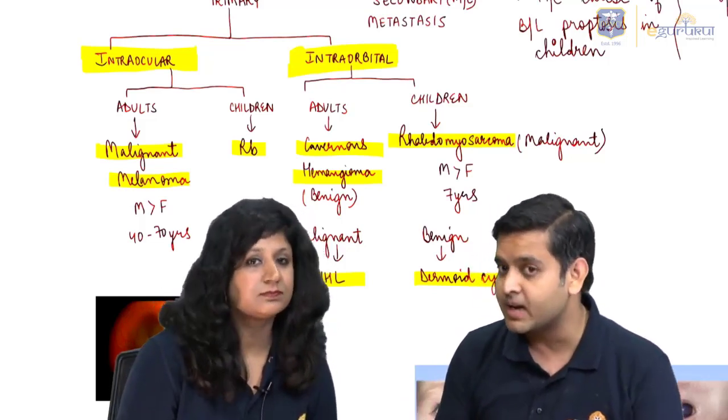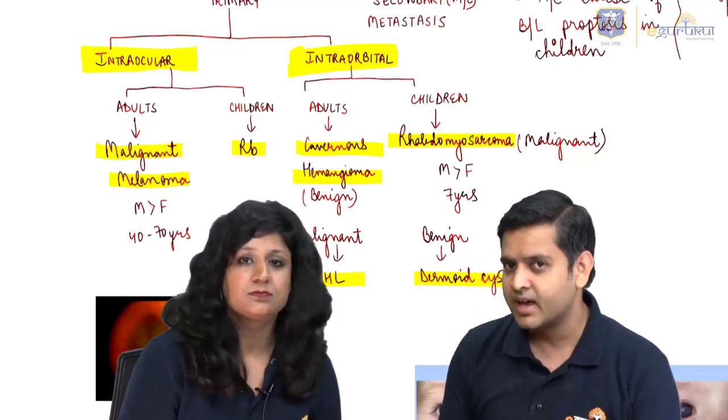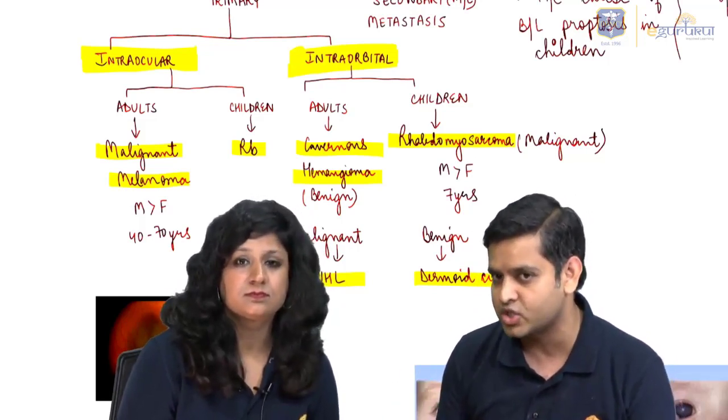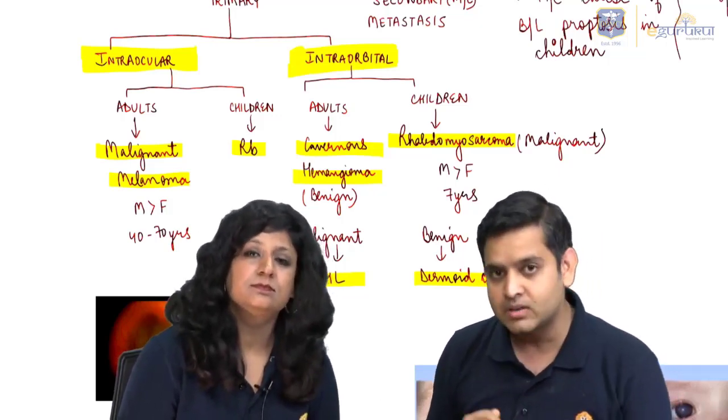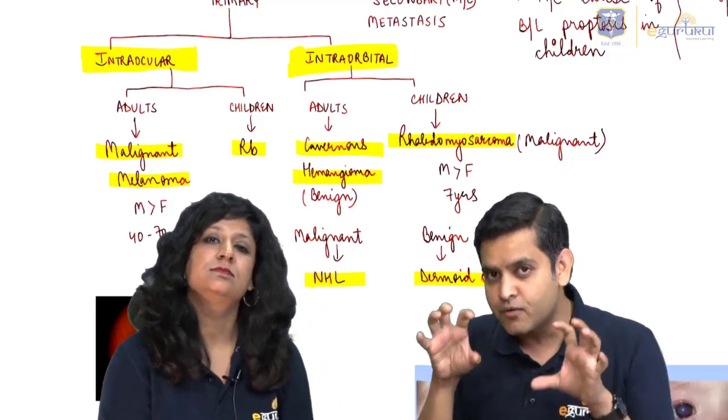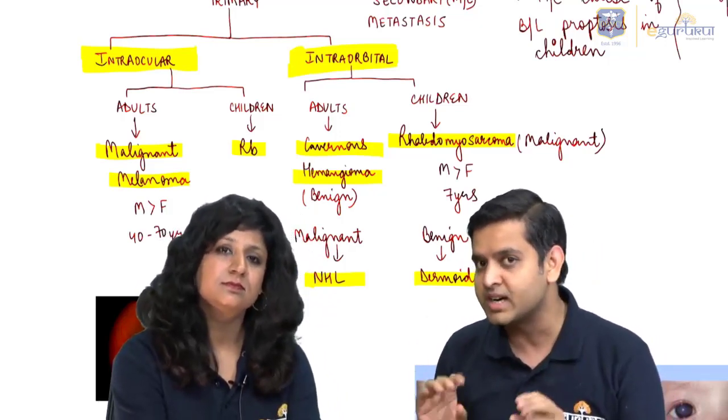Whereas in adults, it is the benign tumor which is more common, and that is why if nothing is mentioned, I'm going to go with a cavernous hemangioma in adults. Whereas in children, we're going to go to a rhabdomyosarcoma. Now, what is important here is, if you know this, because this will be mostly a clinical question,